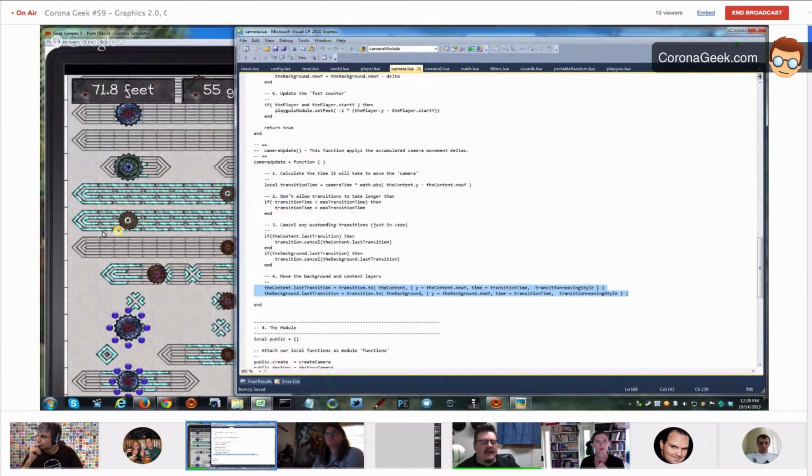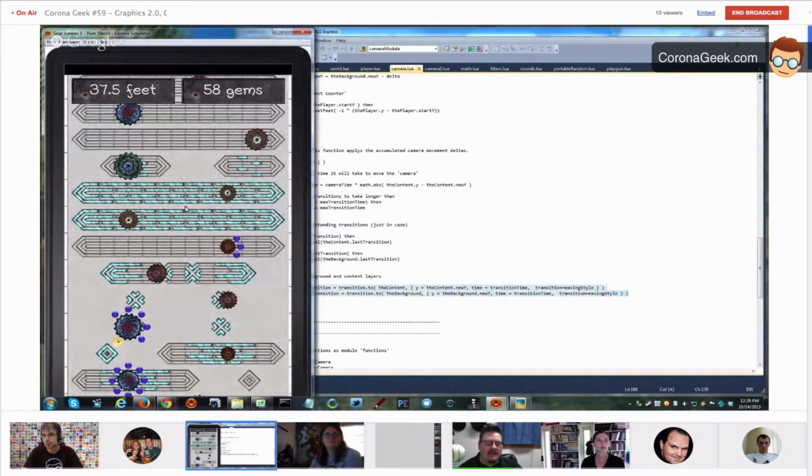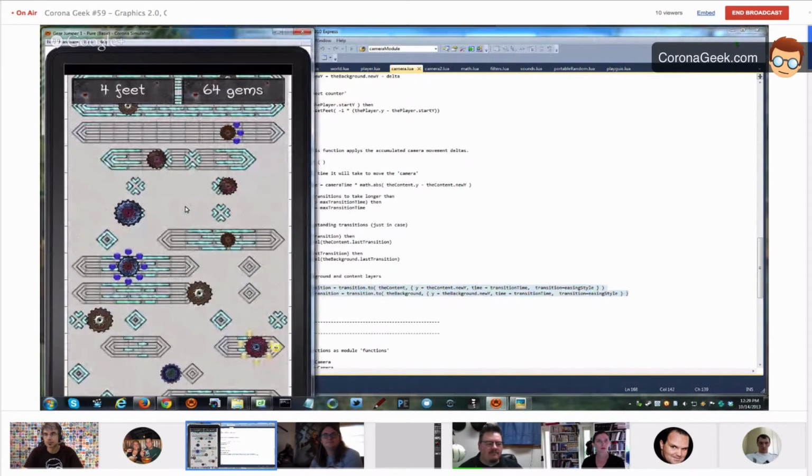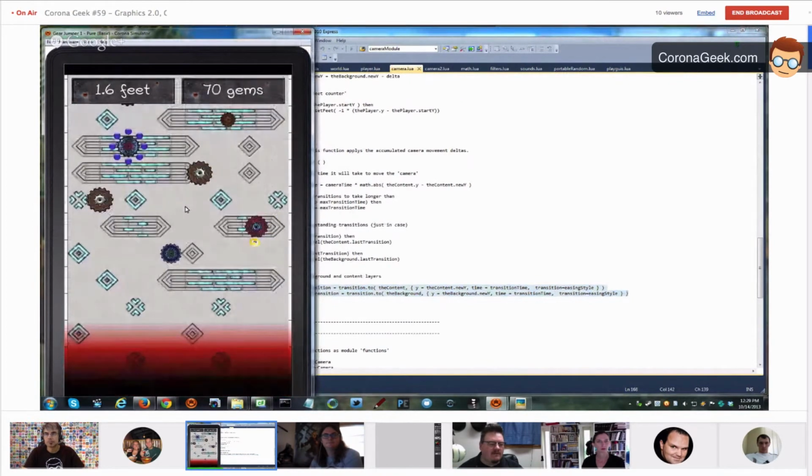So I'm not calling an event. The event is actually being triggered by a collision event. Right, okay, that makes sense. So if you do fall off the screen, then the camera doesn't update until it hits a gear at some point? Right. Like if I just fall off the bottom of the screen like that, you'll never get a collision